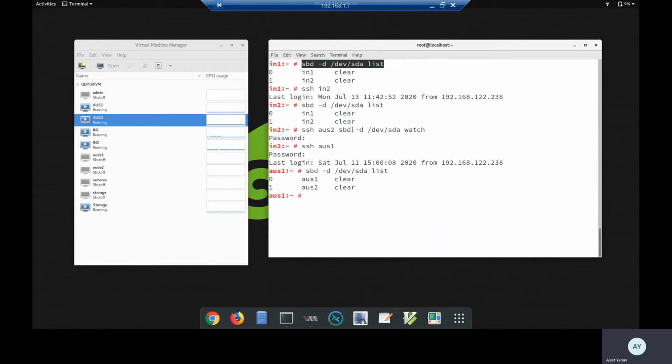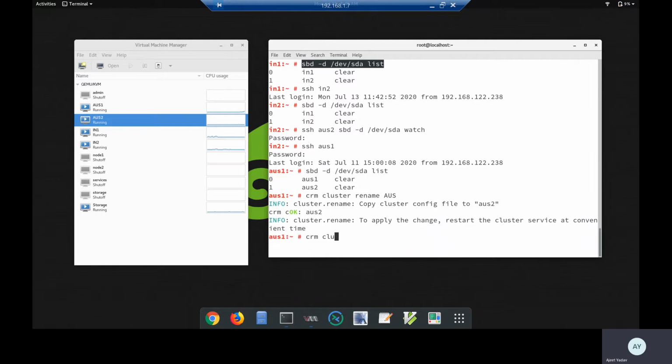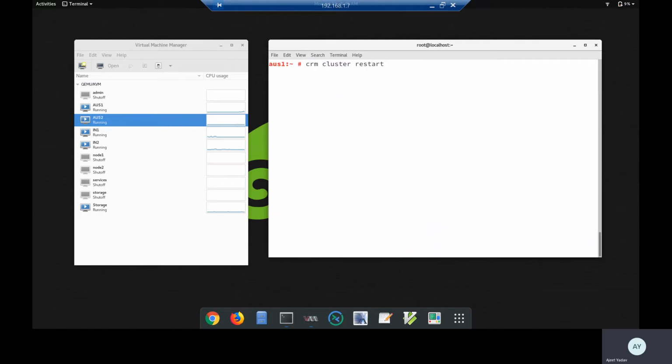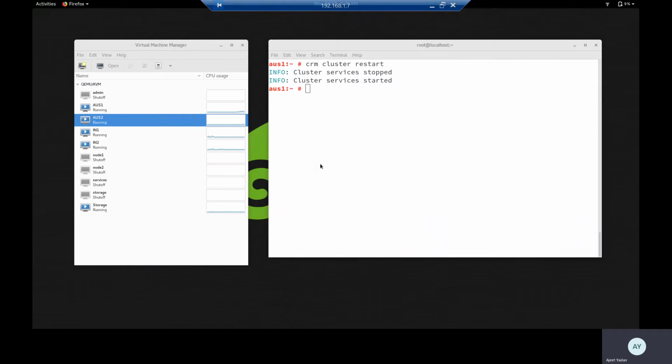Yes, there are two slots available, and for the name of the cluster we run crm cluster rename Australia, then crm cluster restart. So yes, I have these two sites available. Now we are ready to move on to the steps, the process to set up a geo cluster.